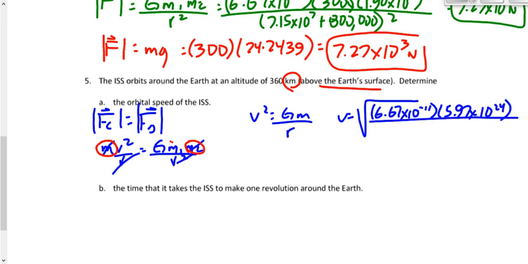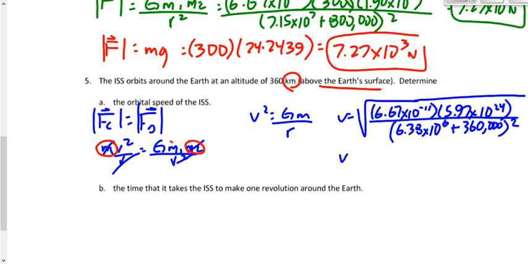R here ends up being 6.38 times 10 to the 6 plus 360,000. Put it in brackets and square it. Well, that's if you probably calculated that number first and then subbed it in. Whatever works though. We get